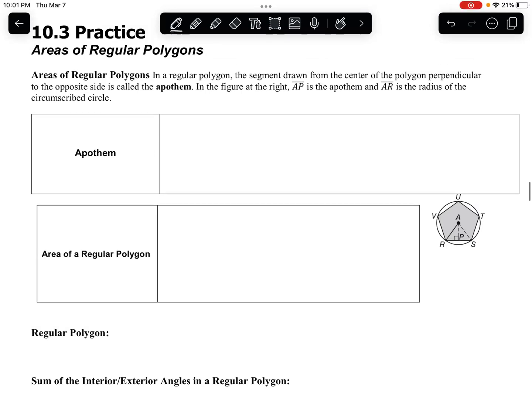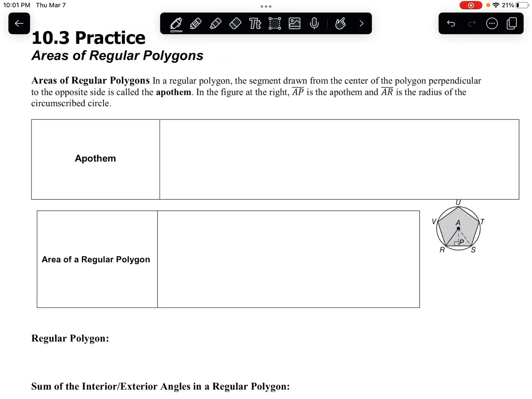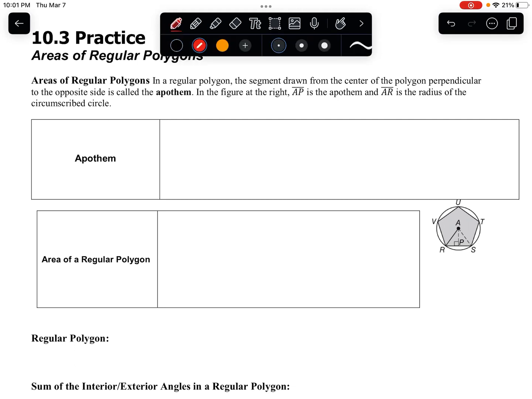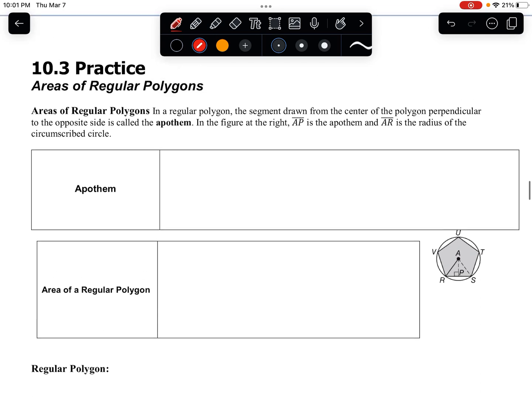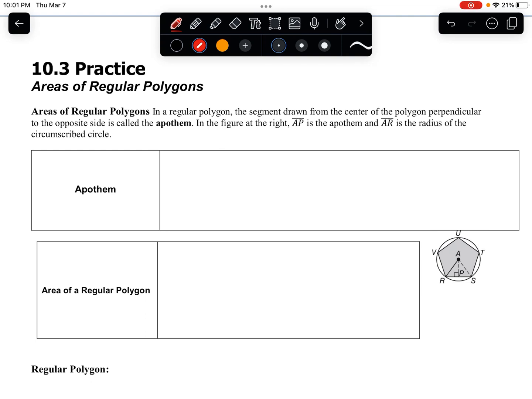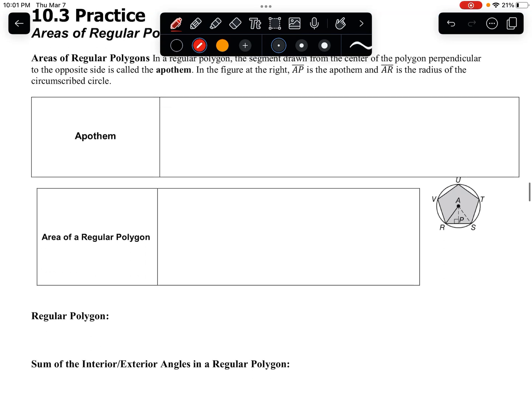Hello, and welcome to a practice edition of our unit on regular polygons. Today, we're going to be working with our regular polygons, and we have to remember, well, if you have all this in your notes already, that's great. We're going to have to remember the area of a regular polygon is equal to 1/2 times the apothem times